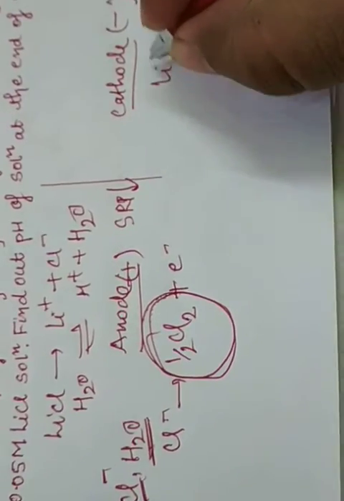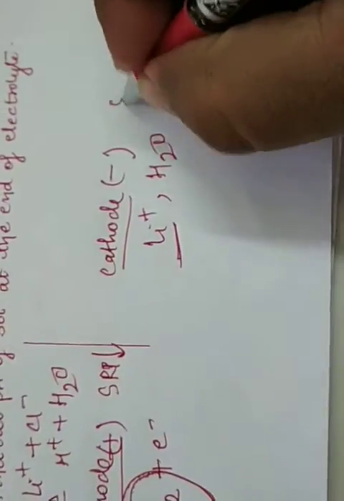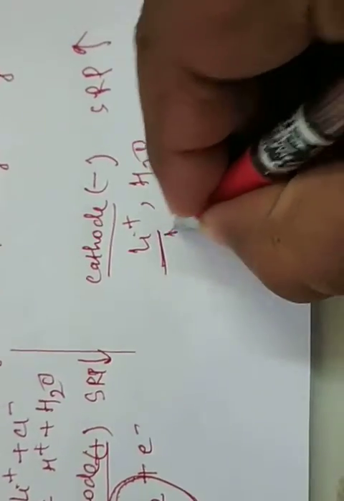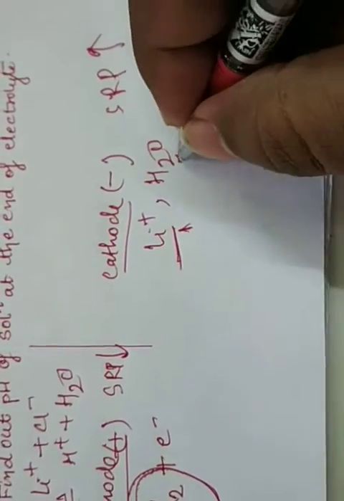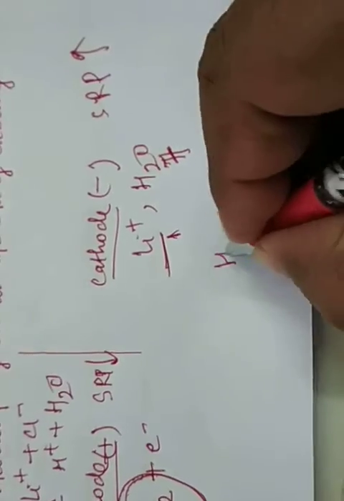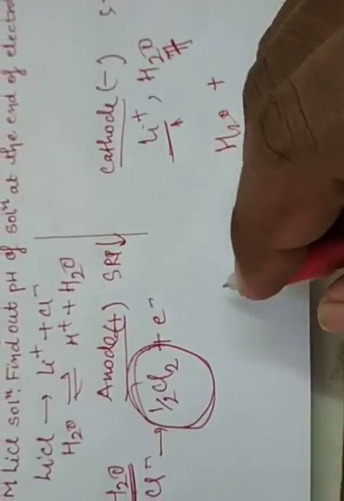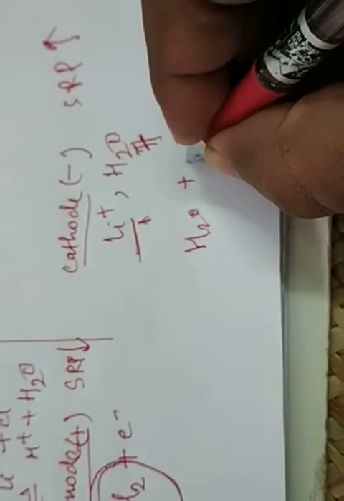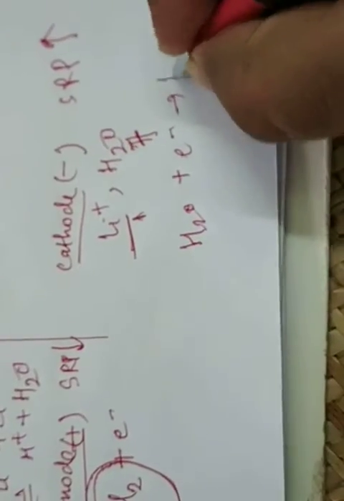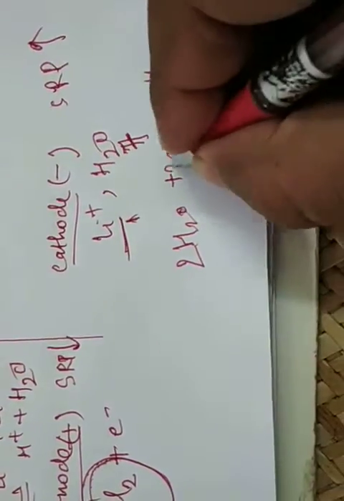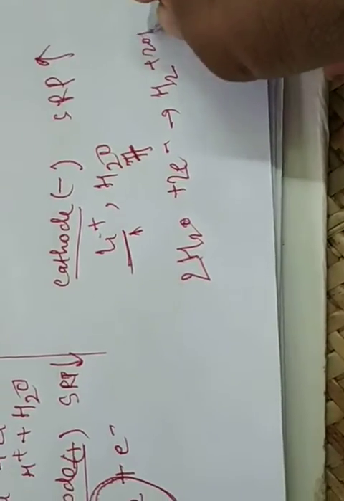Now again here, there is Li plus and water again. In this case we check the SRP. The SRP is high; you know lithium is one of the most reactive, at position 1 in the series, and water is at position 7. So the SRP of water is higher. So water is converted, and there is an electron difference. Just check, water takes 1 electron or 2 electrons, with valence 2, so there is H2 and 2OH minus. Clear? So in this case hydrogen gas is formed at the cathode.